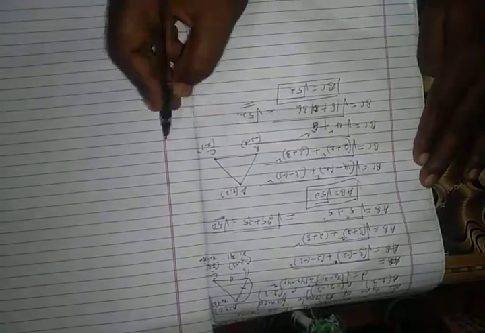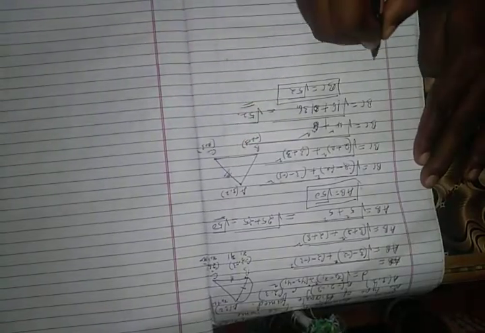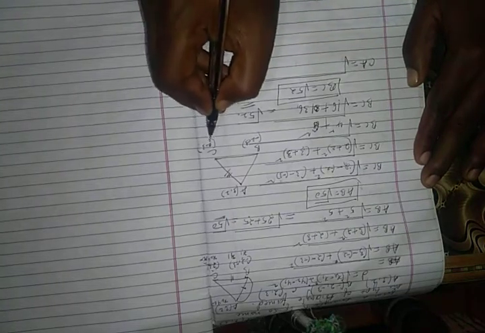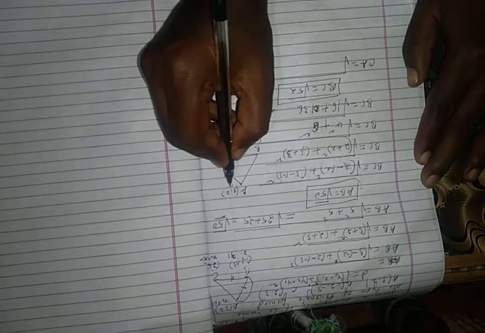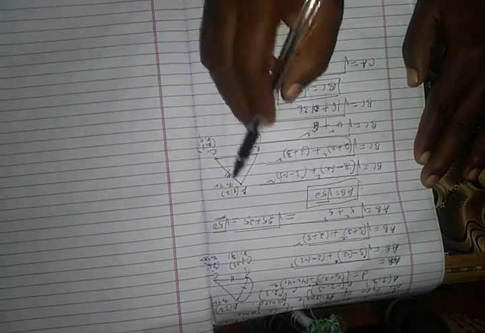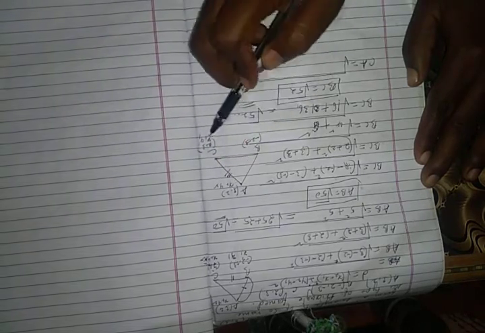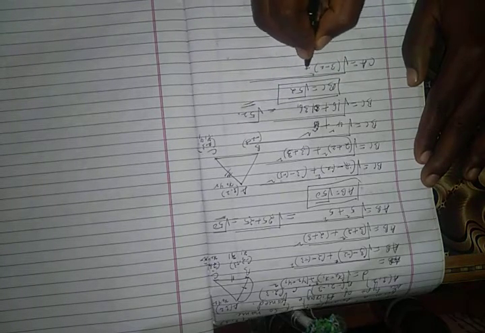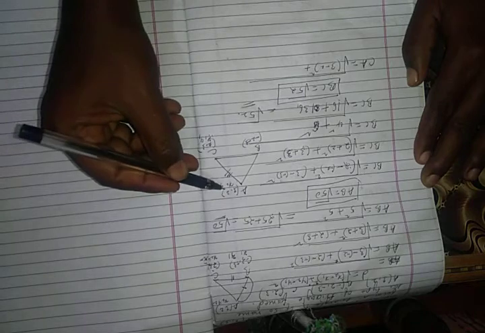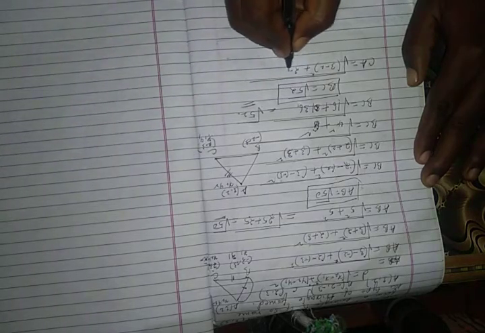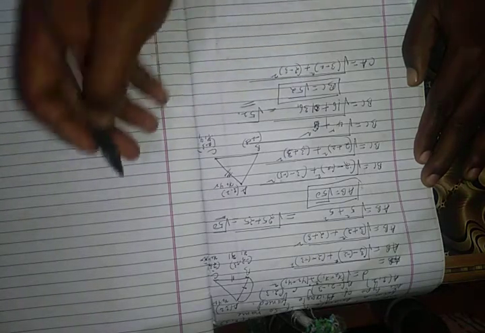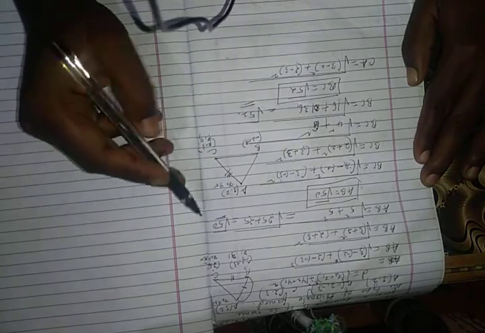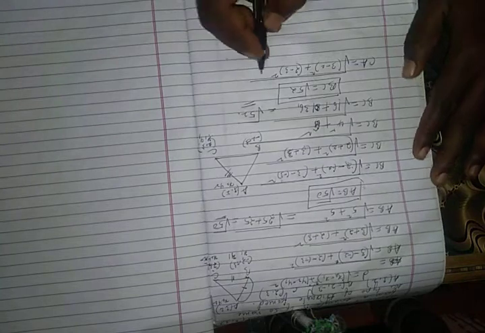Let us see the next side, the third side, CA. CA is equal to, similarly, the square root of (x2 minus x1) whole square plus (y2 minus y1) whole square, where this is x1, y1 and this is x2, y2. Here x2 is 3 and x1 is 2, so 3 minus 2 whole square, plus y2 is 2 and y1 is 3, so 2 minus 3 whole square.